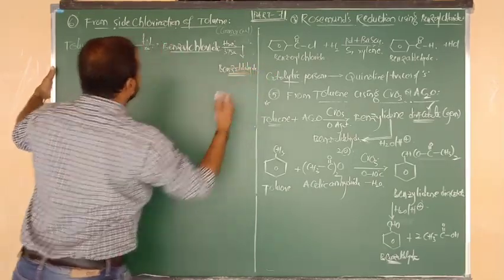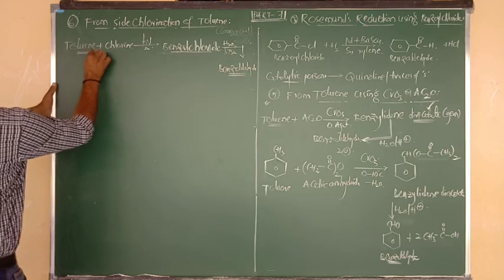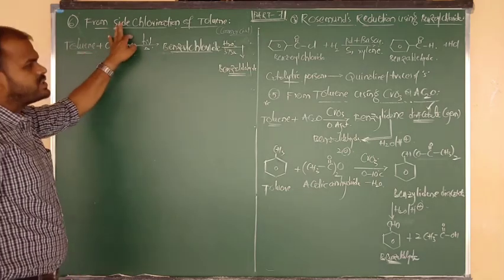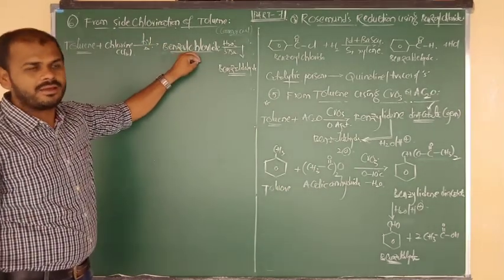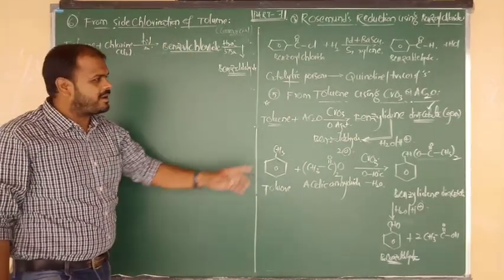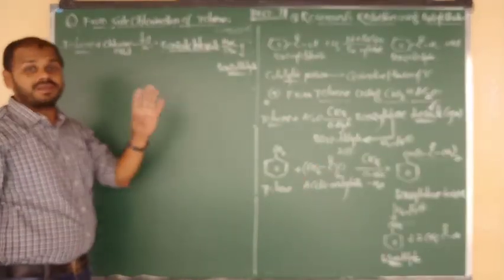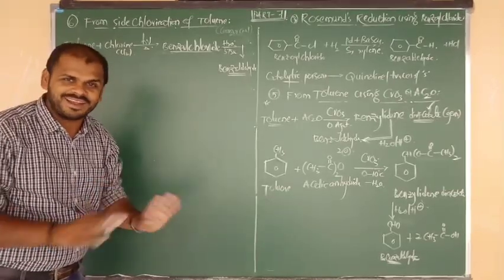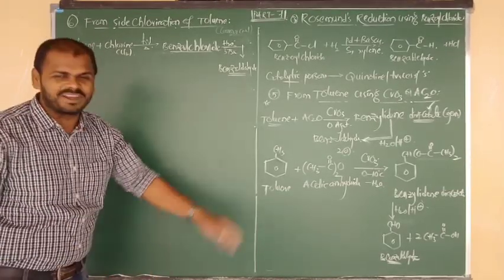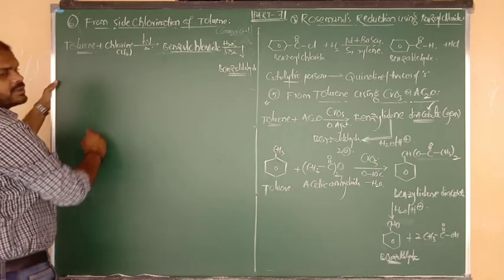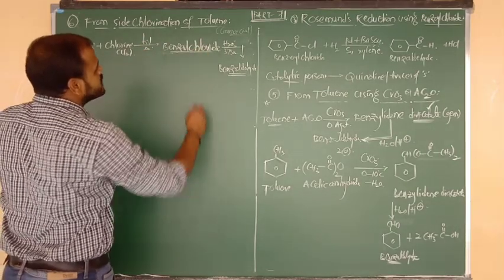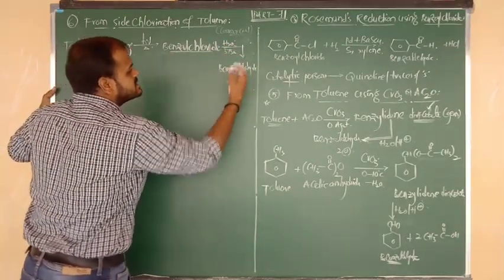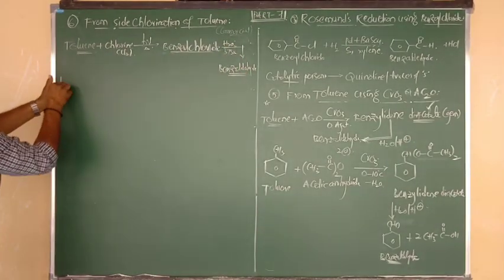So how to write the statement? One second. Toluene or methyl benzene. Toluene on reaction with chlorine in presence of sunlight gives benzyl chloride. In this case the intermediate, here also an intermediate, and here also an intermediate. In all three cases focus on the intermediate. Reactants and products are the same: toluene, aldehyde, toluene, benzaldehyde, everything is the same. So focus on the reagent and focus on the intermediate. Good. Toluene on reaction with chlorine in presence of sunlight forms benzyl chloride, which upon hydrolysis gives what, beta? Benzaldehyde.